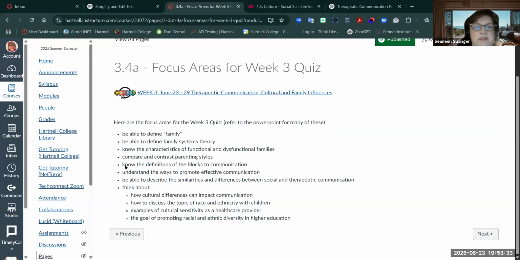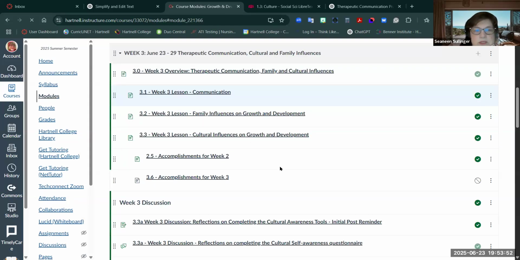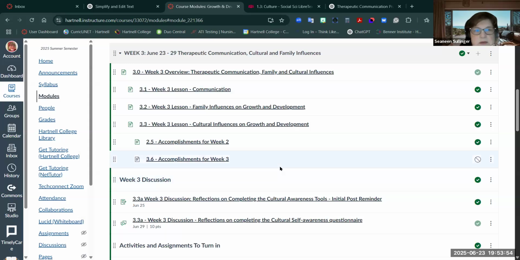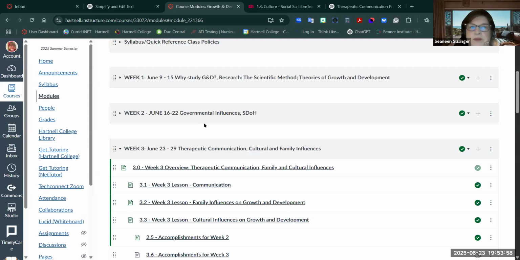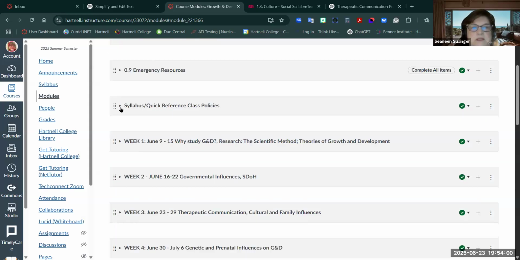Defining family systems, blocks to communication, effective communication, similarities and differences between social and therapeutic communication, and then cultural differences. So that brings everything into play there. And then that should take us back to the week 3 module, which it does. Any questions on the week 3 information?